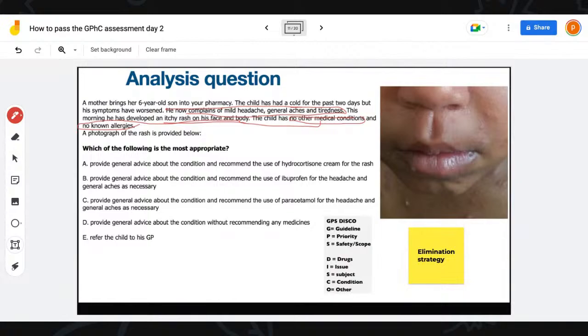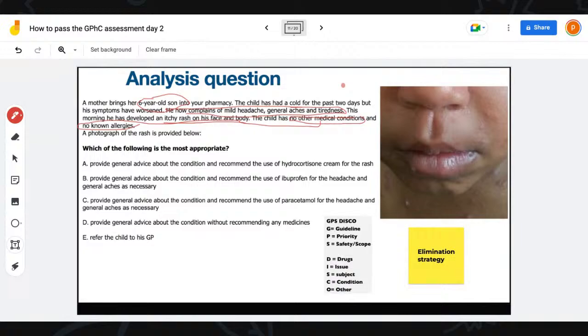This is how you look at the questions. Then you move on to the subject. Who are we looking at? Is it a male? Is it a female? It's a child, so that already raises red flags. What do we do? Do we refer them? The child has had symptoms for 2 days: aches all over, mild headache, tiredness, itching all over the face. We've looked at the subject and the condition; there's no other condition. We have to determine what condition this is. We could think perhaps it's chickenpox, but we don't know exactly yet. We also look at other: is there any blood result or anything else in the question? No, there isn't, so we're ready to jump straight in.